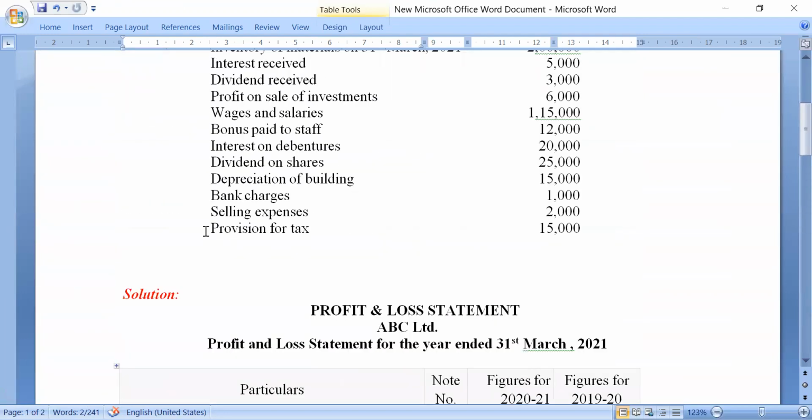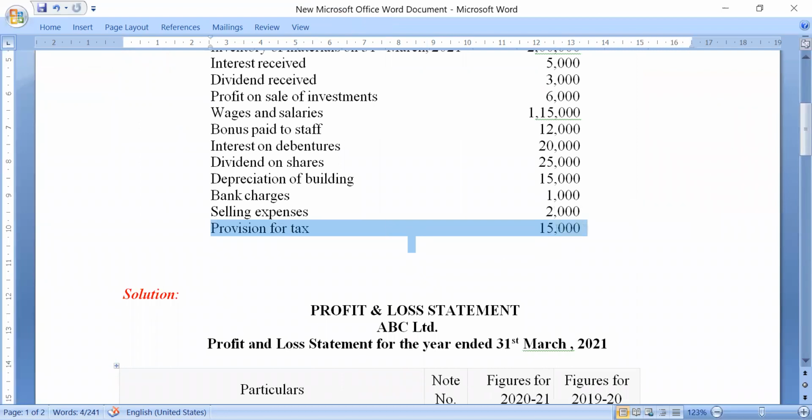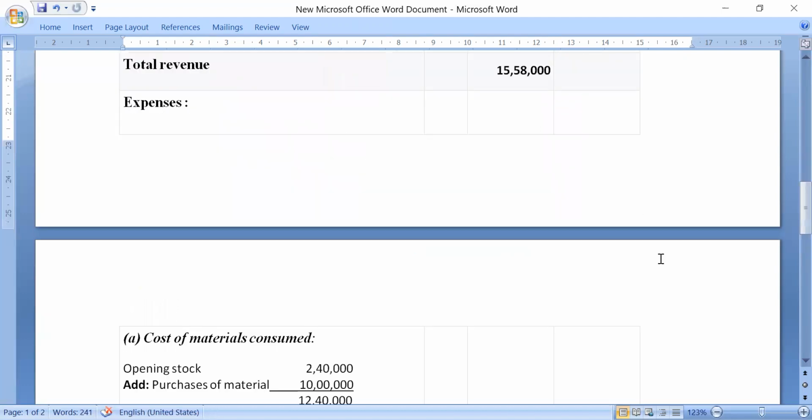So the last item of the question is provision for tax. That means in the current year, how much are we going to provide for tax? Here, students, you should understand one thing: what we earn in this year, we pay tax for it when it is assessed in the next year. So in the current year, we make provision for the tax to be paid. There are also provisions for advance payment of tax. All those things you need not know now, but try to understand that for the current year, we make a provision for tax, and it will be shown in the later part.